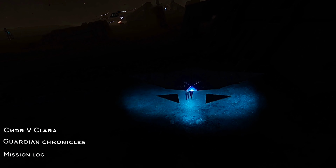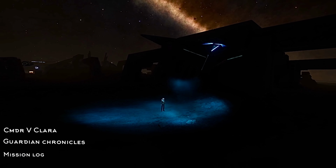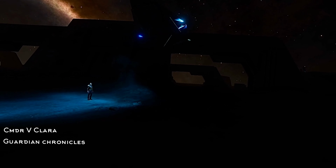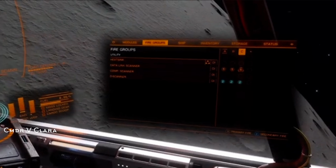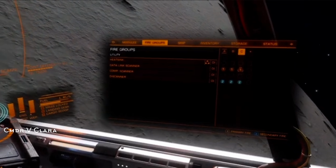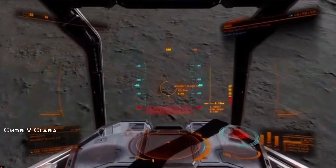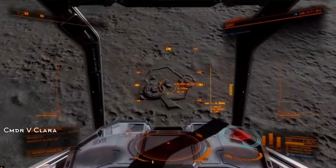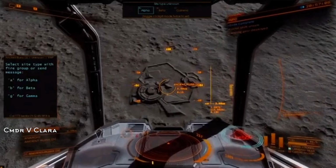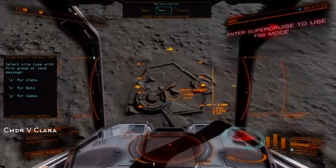And yet somehow, in the midst of all of this chaos, my team has invented some new practical tools. Commander Grinning 2001, one of my top researchers, has developed an SRV tool, which is a third-party tool that can be used in the game. A video about this can be found in my feed on YouTube, with all of the links necessary to download and troubleshoot. This should give you a lot of advantages to surveying Guardian sites or collecting materials, so check it